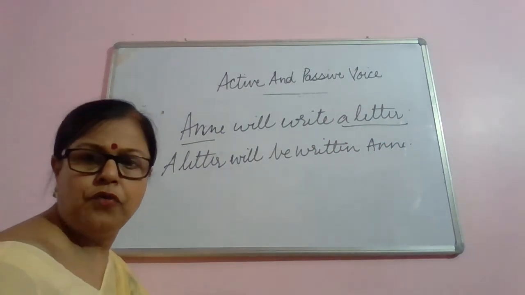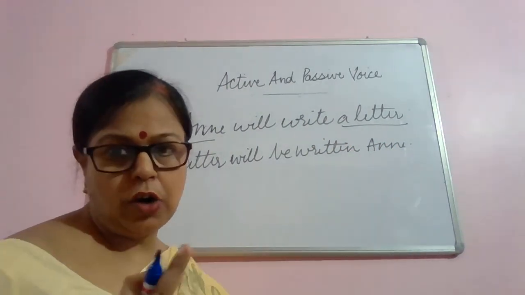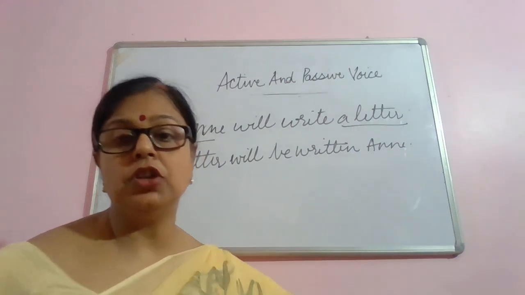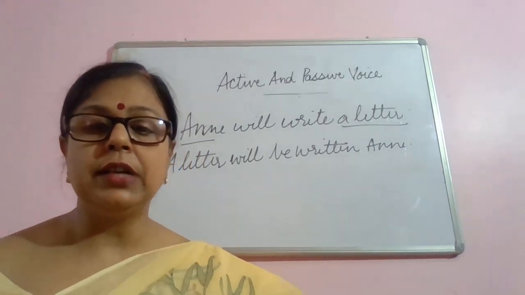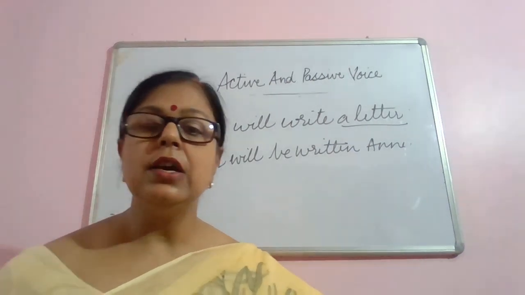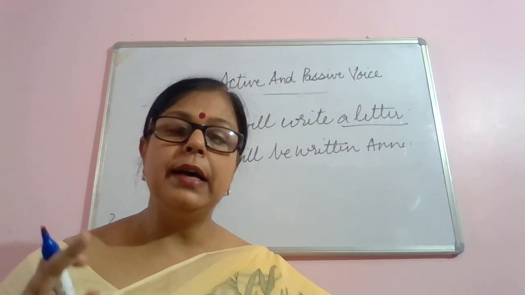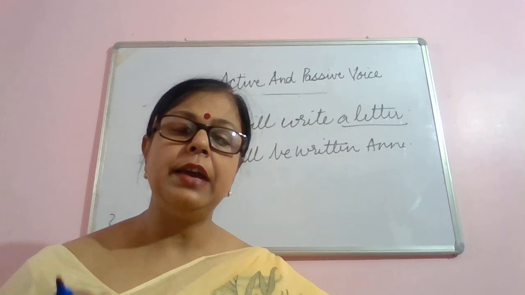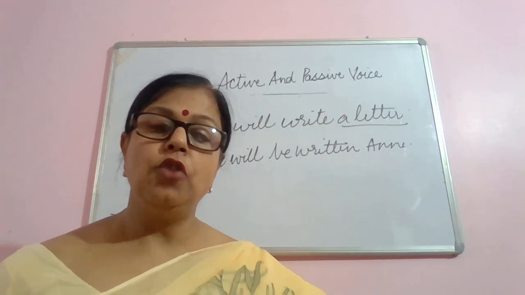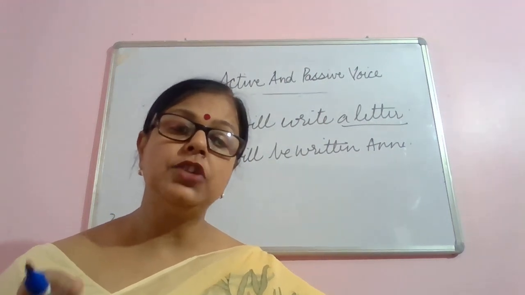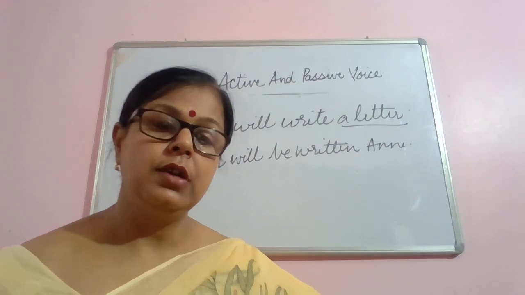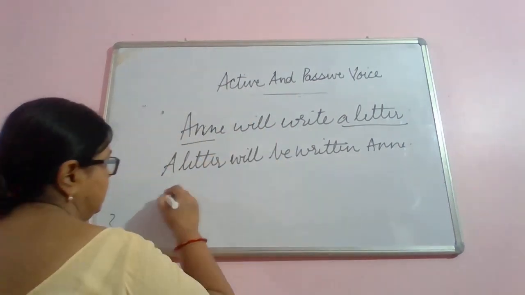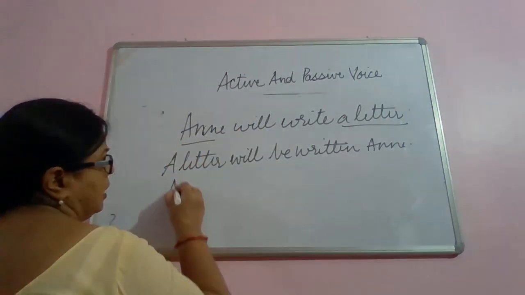Now, future continuous does not change. What is the structure of future continuous? The structure of future continuous is subject plus shall, will, be plus V3 plus object. So now we are changing future perfect. A letter